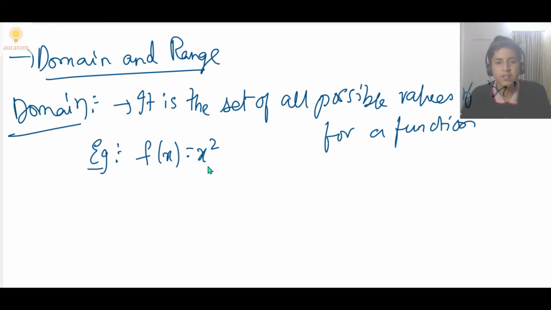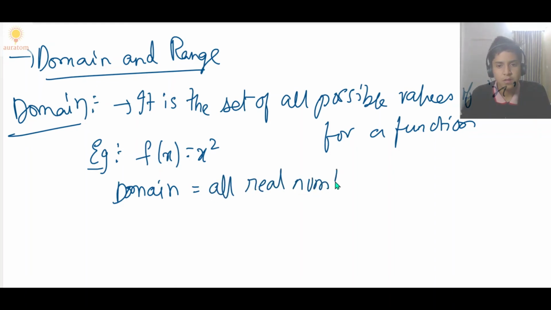If you take a negative number like minus 5, it becomes minus 5 squared, which is 25, which is a definite number. If you take 0, we'll get 0, which is also a definite number. If you take any positive number, then also we'll get a definite value for f of x. That means we can see that for all values of x, the function exists. So we can say that the domain is all real numbers, since we can substitute any number here, right?